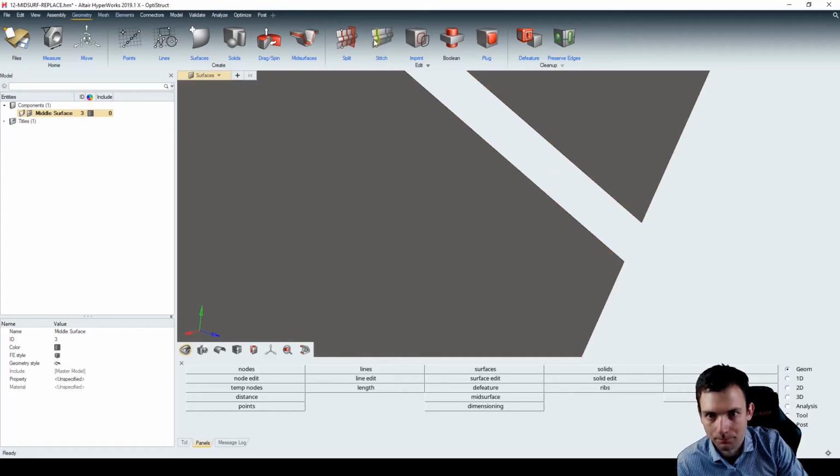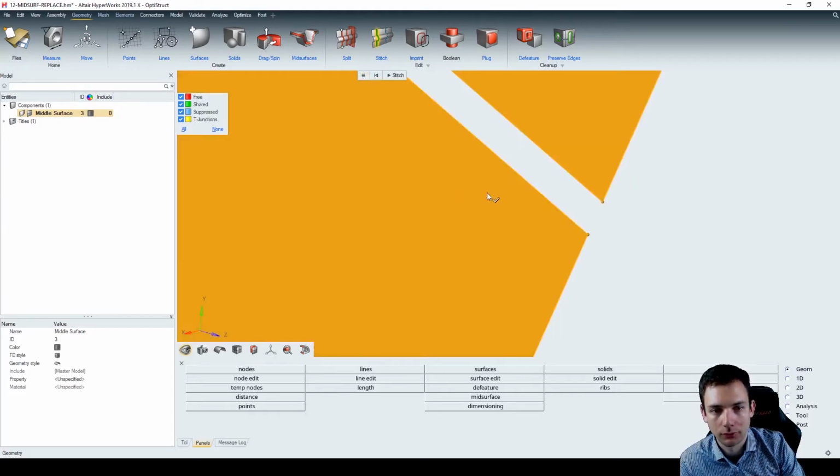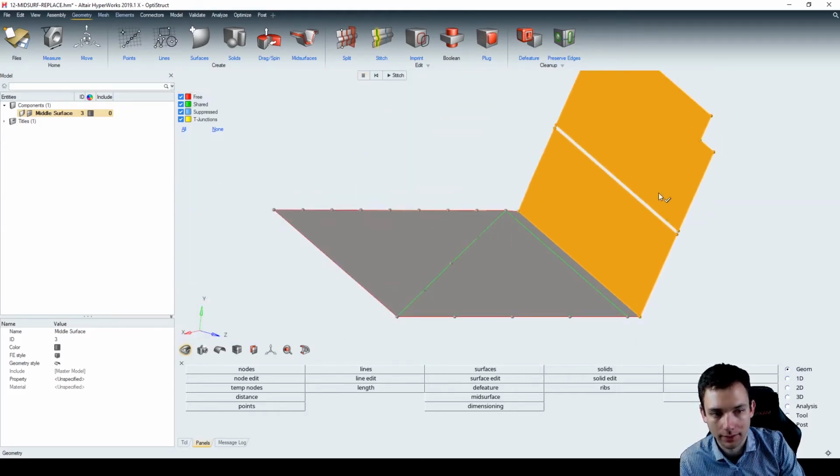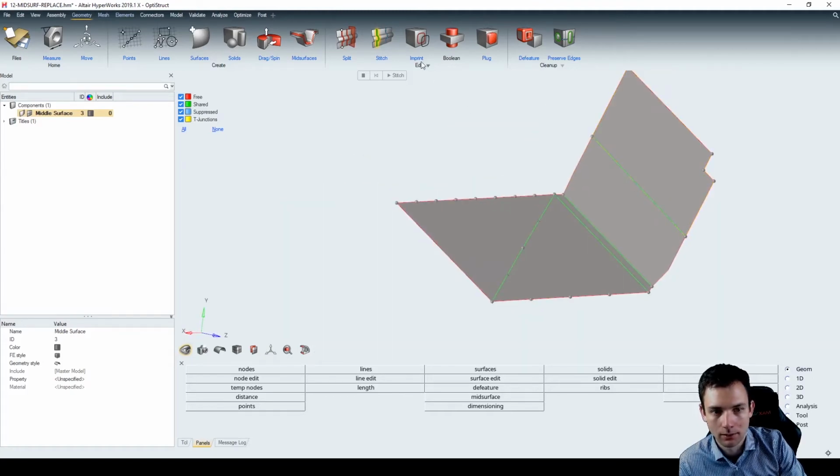So you stitch again, and here in the options you have the maximum stitching tolerance. For example, we select now 0.1. And if we now select again the two surfaces and confirm the action with the check mark, so left click here, you see that the surfaces got stitched together. All right, and now